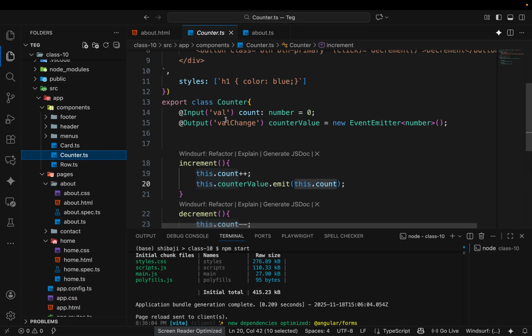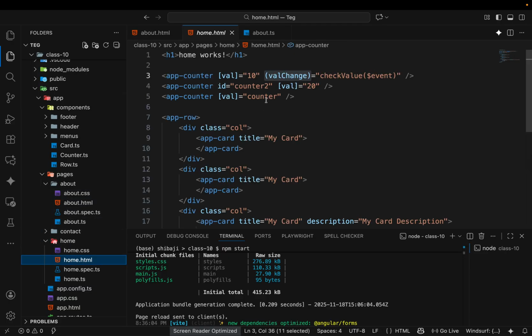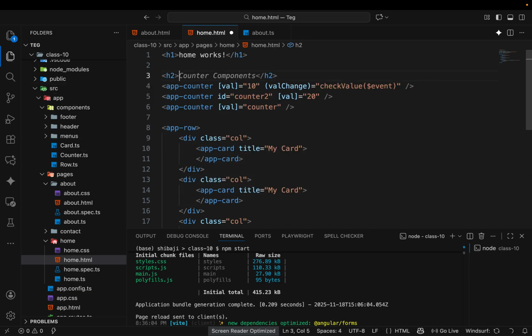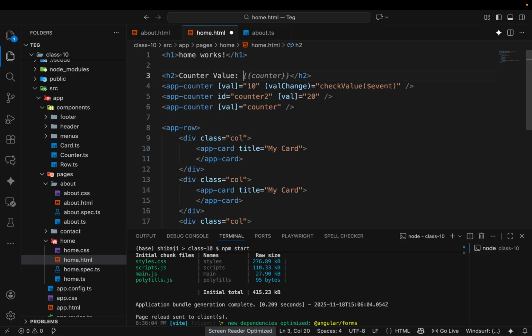This val and valChange, everything has the same name. val and valChange are almost the same, with the same name. So when I use val or valChange, we can create the same thing here. I just want to use an h2 tag